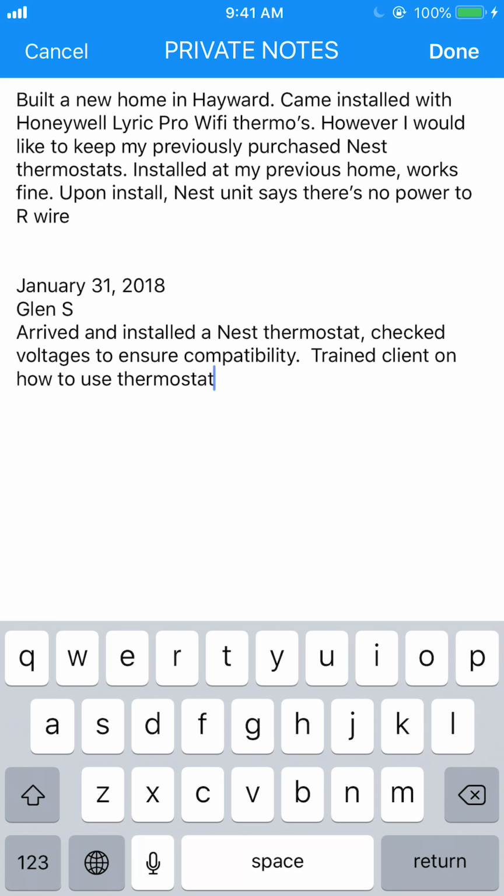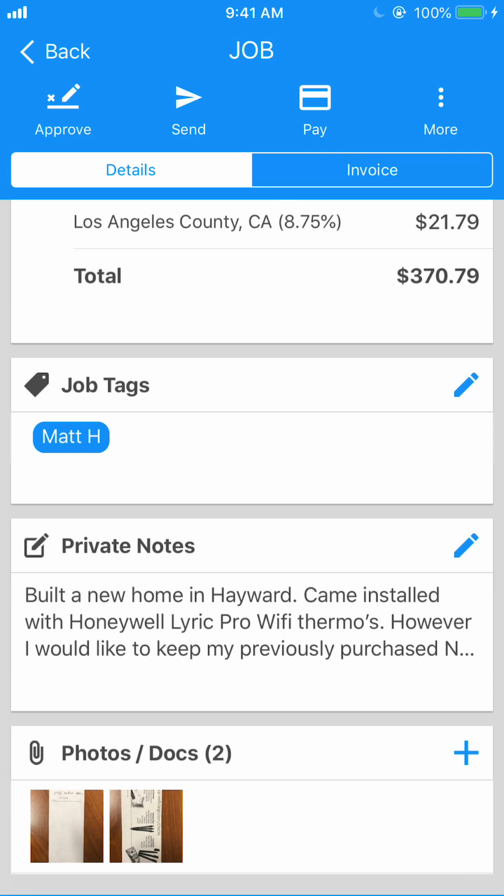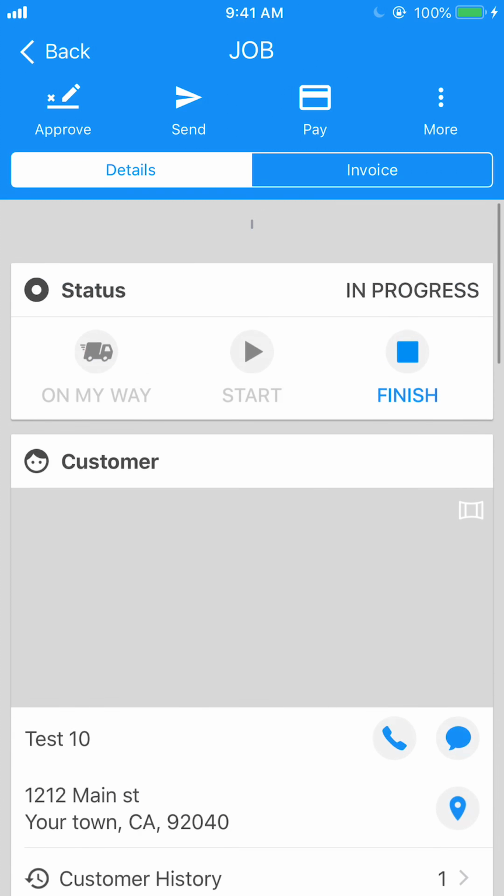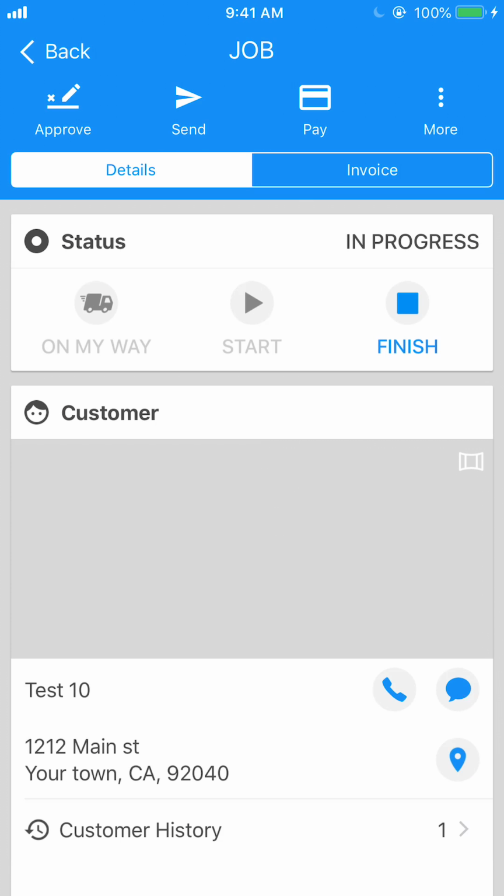So we're actually looking for more detail than this. If you have more details on voltages or any problems you ran into, anything at all, please put that into the section and then just click on done at the end. Now, once you're done with that, the next thing you want to do is to collect payment. So click on that pay button up top